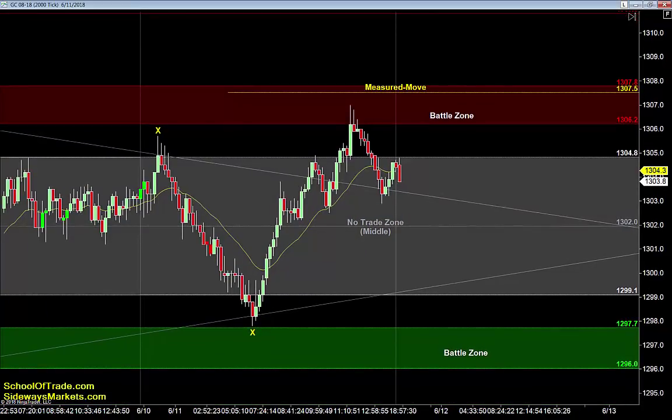So what if price goes up? What if price goes down? What if price goes sideways? If price goes higher, and that's what I would expect to happen here, that will be the momentum now trying to exhaust itself. The moving average, of course, will come over, and what I'm looking for is a failure,